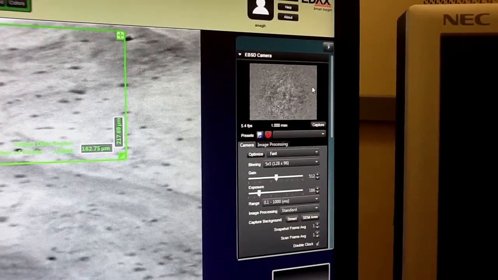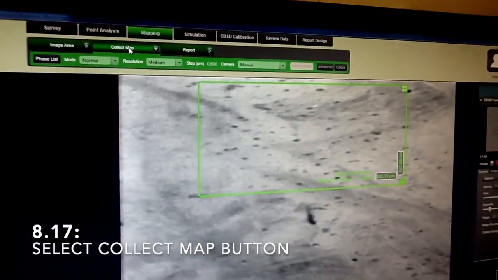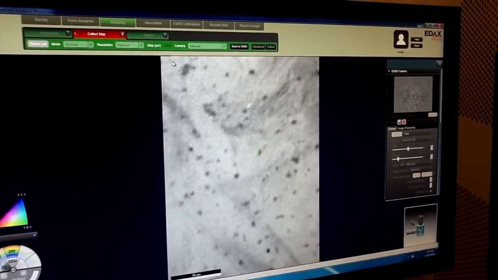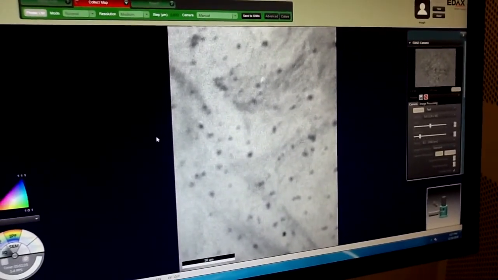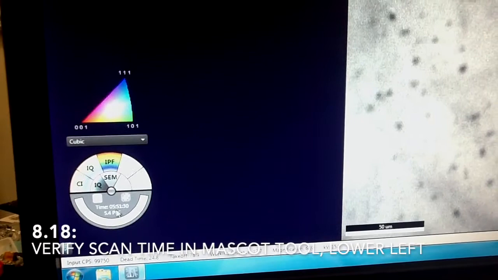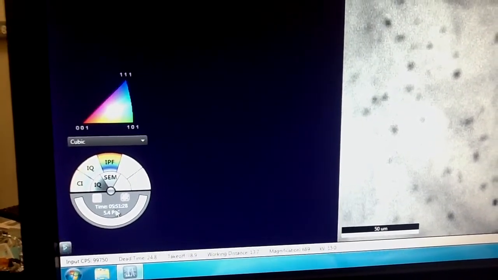Once you have that, you can hit collect map again, and it should start scanning your sample from the top. It should also show you how much time it is going to take to complete the scan. This shows that this is going to take 5 hours and 51 minutes.